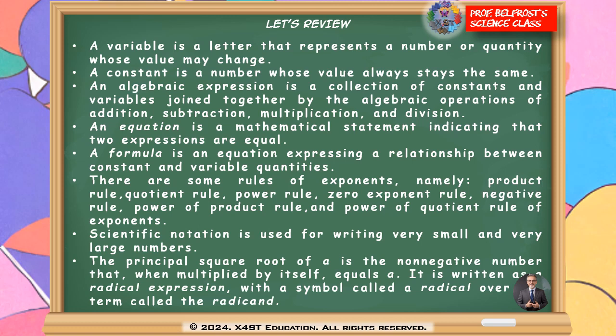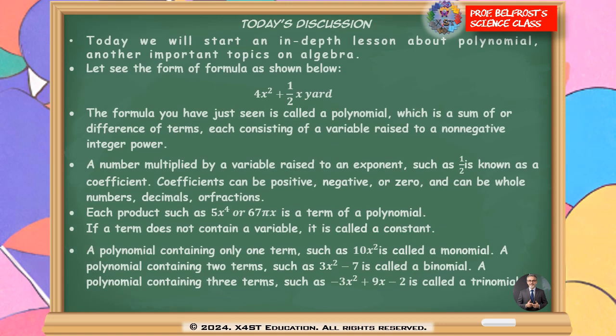Okay. Then scientific notation will be used mostly to write very small and very large numbers, and then principal square root of a is the non-negative number that when multiplied by itself equals a, and it is written as a radical expression with the symbol called radical over the term called radicand. Okay, so that's all for the revision, our short summary on the last lesson, and now let's discuss new topic,